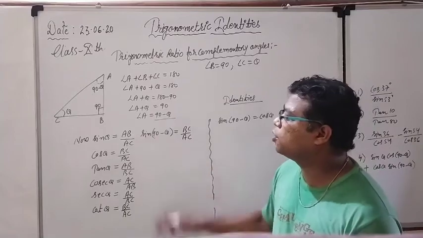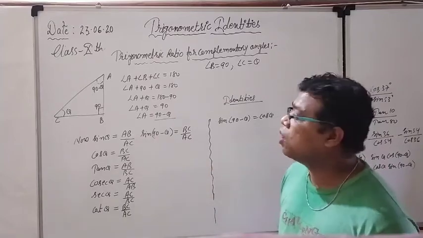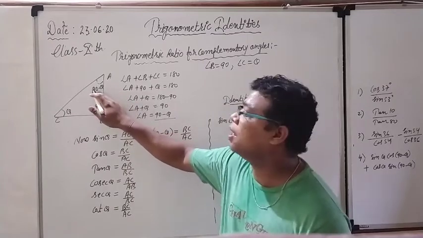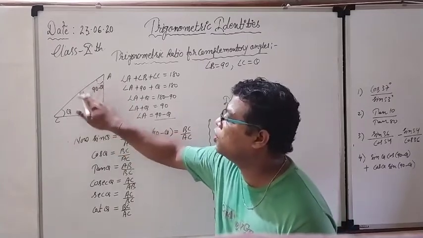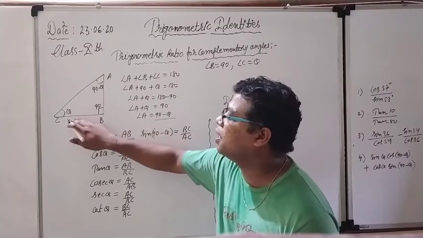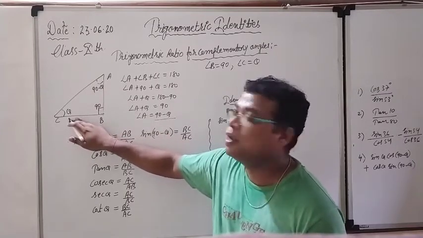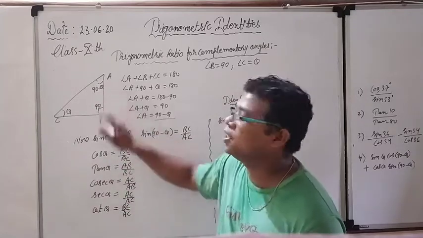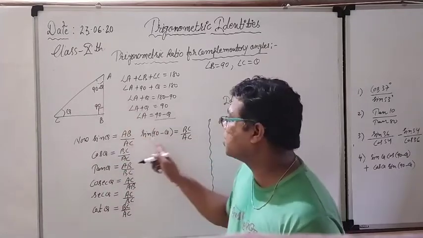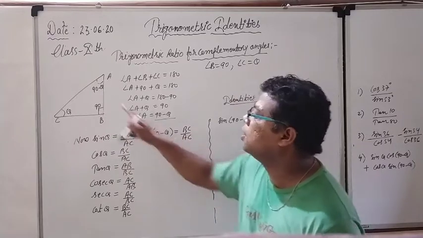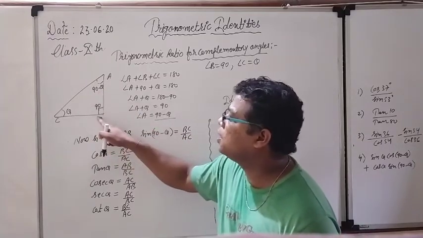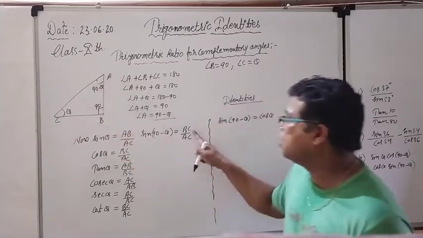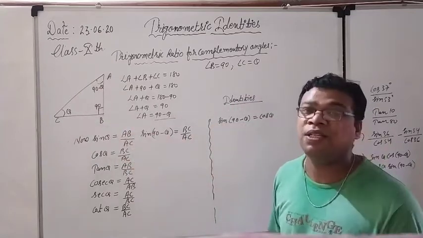Right now, coming to the next part, sine 90 minus theta. So already I have told you, whenever my angle of consideration is 90 minus theta, whatever side is just opposite to the 90 minus theta will be considered as perpendicular, and the side adjacent to that particular angle of consideration is considered as the base. So according to that, sine 90 minus theta is going to be BC upon what? This is the perpendicular, so BC upon AC. BC upon AC. Right now, see the relation.